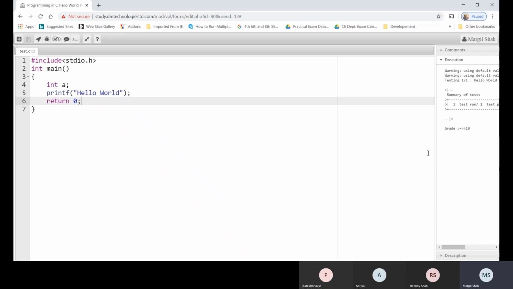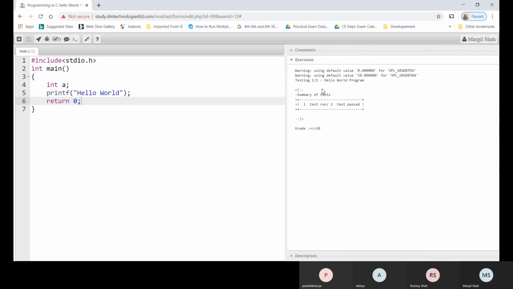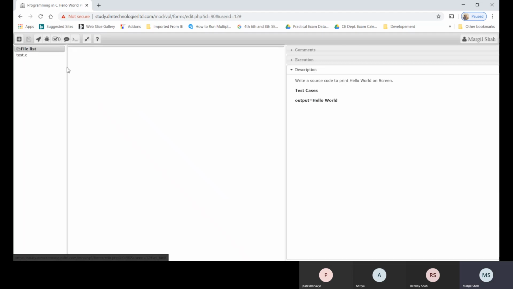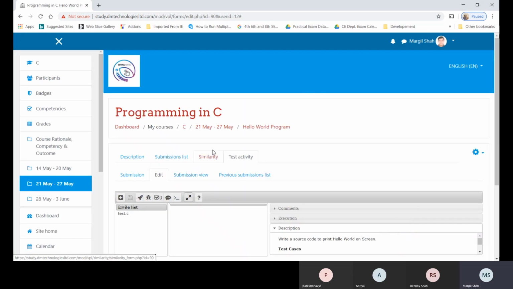Then in case of execution, it shows no error, as this is basically for printing purposes only, so there is nothing more in execution, and the code may be graded with grade 10, as I have defined that the marks for this is 10. And this is actually the definition, so that is already there. Fine. So that was the code about hello world.